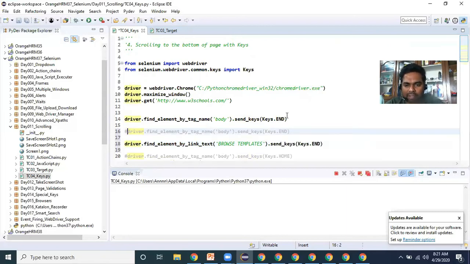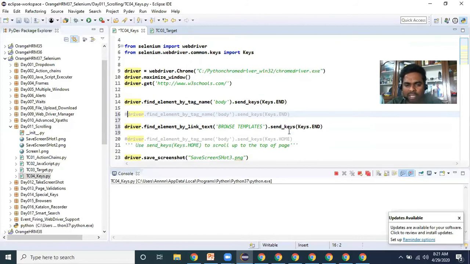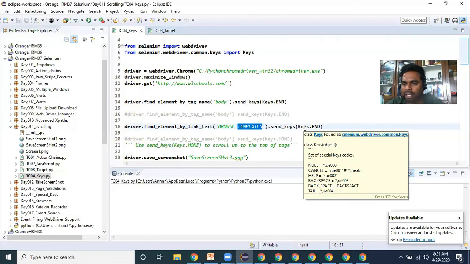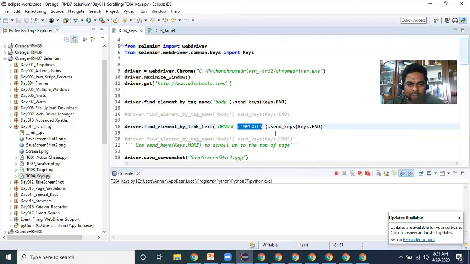Generally, if we are using keys.home or keys.end, this concept is used only for the top of the page or the bottom of the page. But I'm trying just like this. Wherever this browser templates is there, I'm mentioning send keys, Keys.END, so that I am expecting that web element will be scrolled to that particular location or not. Just checking. I don't think it will work.